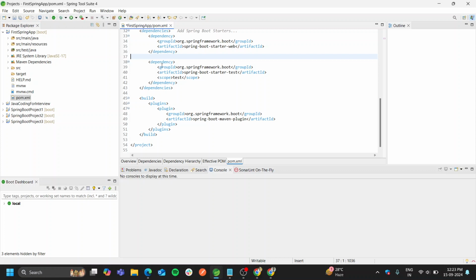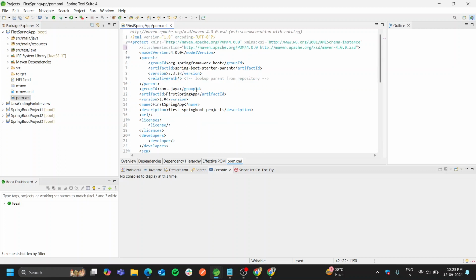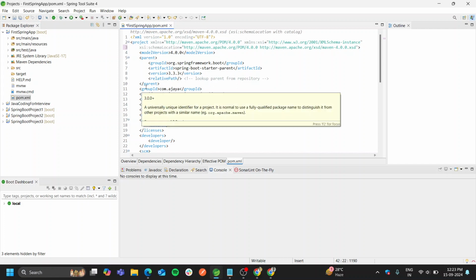There are some other dependencies like Spring Boot starter test. It is used to test the project, and some other plugins are there in the pom.xml file. Maven is used to handle the pom.xml file. Okay, we created it